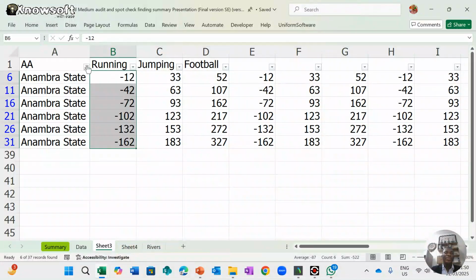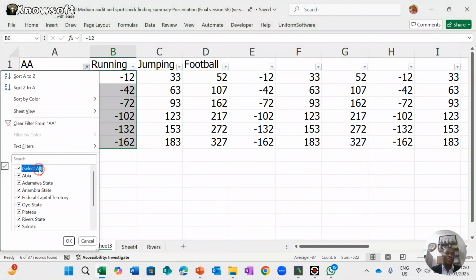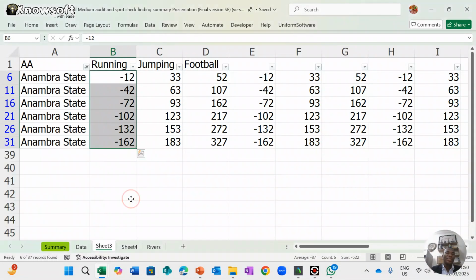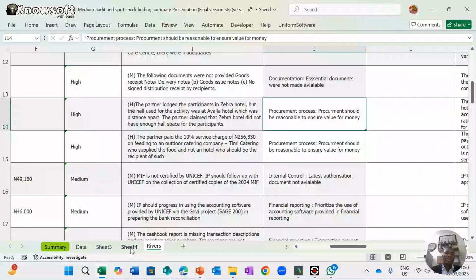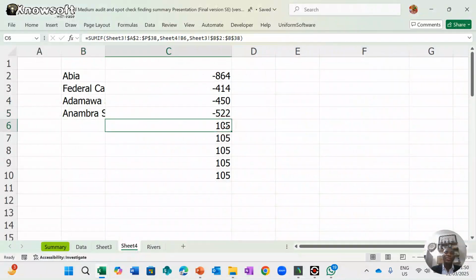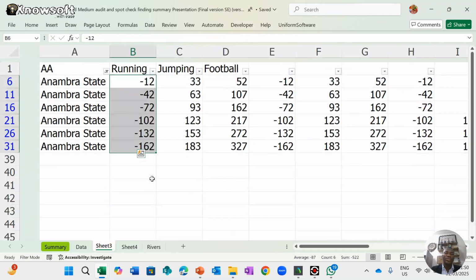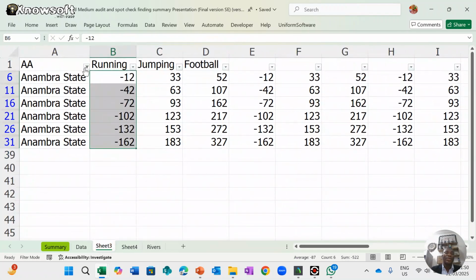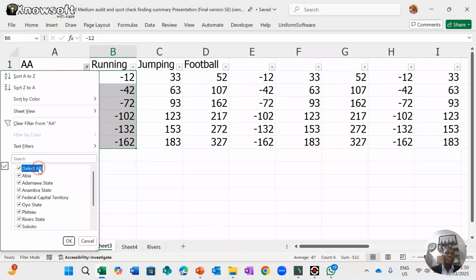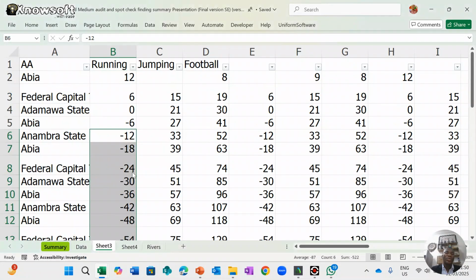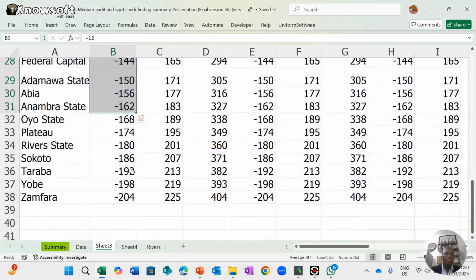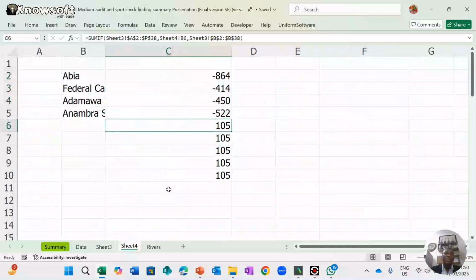Let's see if we have empty, and why empty is having a value. Empty cell. There isn't any empty cell. Maybe there's a calculation that it's doing that is giving you empty here. So actually there's no empty cell. Or is there an empty cell that we are not seeing? Okay, so that is exactly how to do